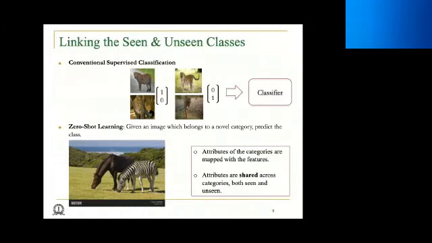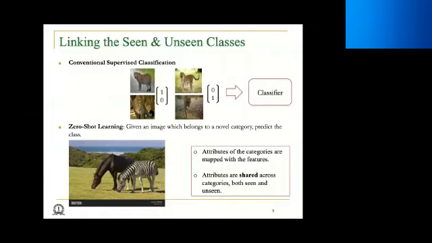So how exactly is it possible to classify an unseen class or generalize to unseen classes? Are there any assumptions? There is a very big assumption in any zero-shot learning, whether it's zero-shot classification or zero-shot sketch-based image retrieval. The assumption is that the unseen classes and the seen classes share attributes, and the algorithm knows about those attributes. And I'll tell you what this means.